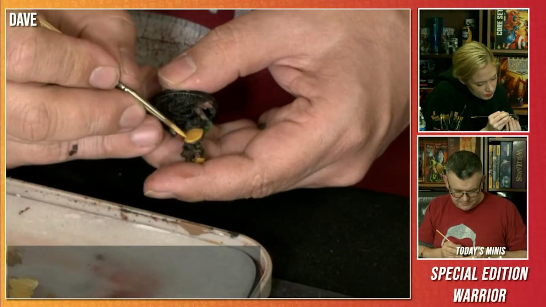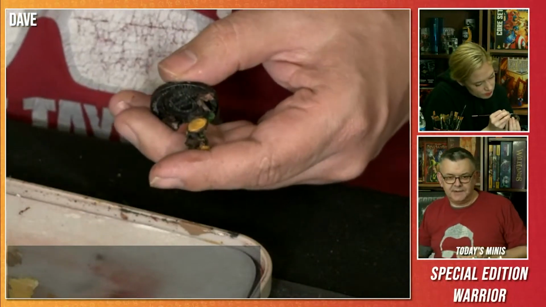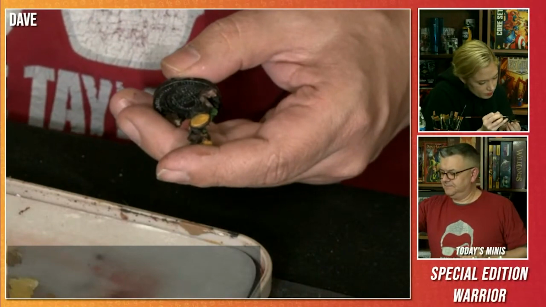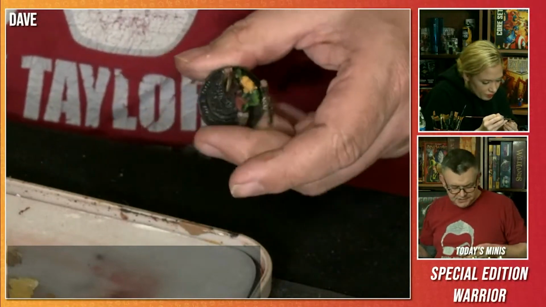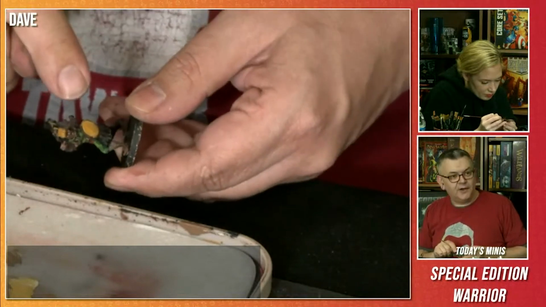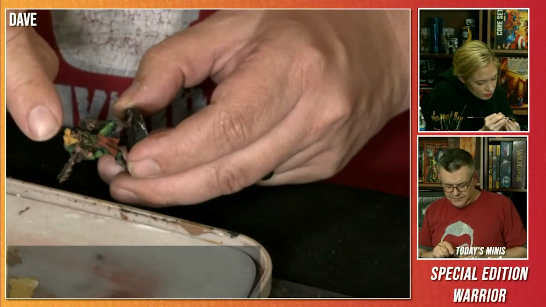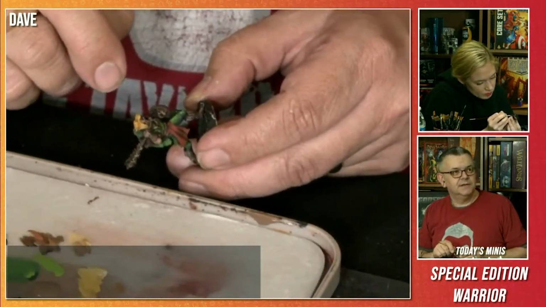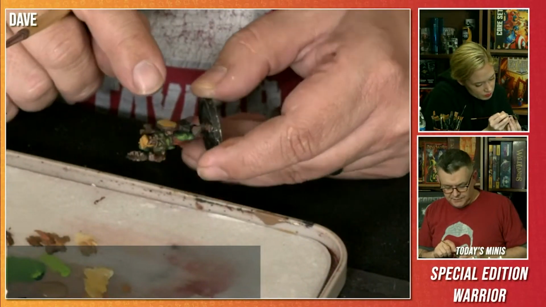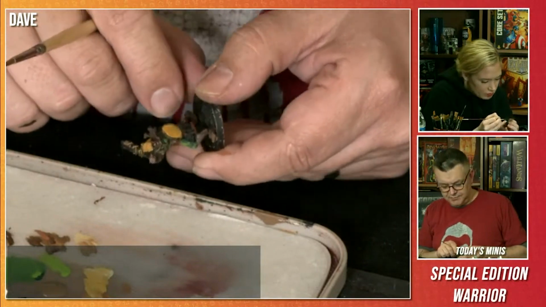So, Dave, what are you hoping to finish up on your mini? That's a good question. What do I have? I've got 23 minutes left. 20 minutes, yeah. I think I should be able to finish everything. So my plan is to do a little bit more highlighting on the shield and on the headdress there. I've got to do the feathers down the bottom, and what I'll probably do there is